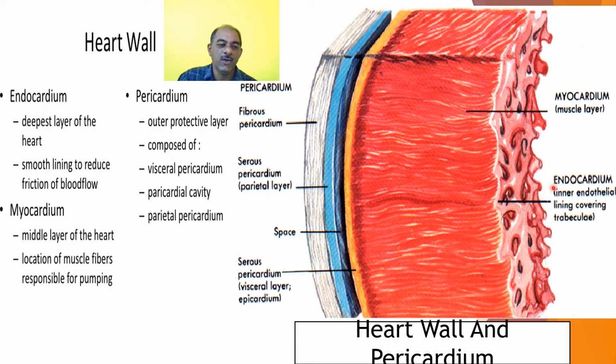Myocardium is the middle layer of the heart, responsible for pumping of the heart. And endocardium is the deepest layer of the heart, a smooth lining to reduce the friction of blood flow. So in this way, that is the heart wall. Then next one,